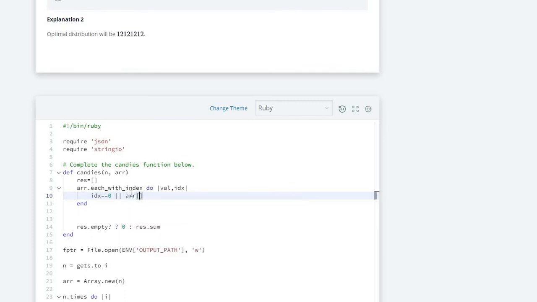when we are checking an item, we compare it with the previous item. So if our previous item is higher or equal than our current item, we should add 1 to our result. If it is not higher or equal, if our previous item is not higher or equal than our current item, this time we should add